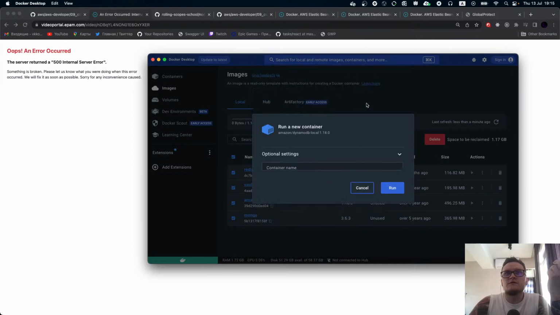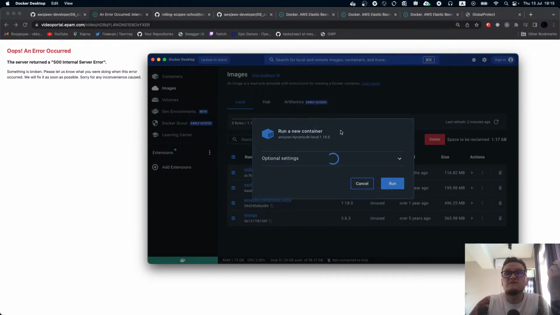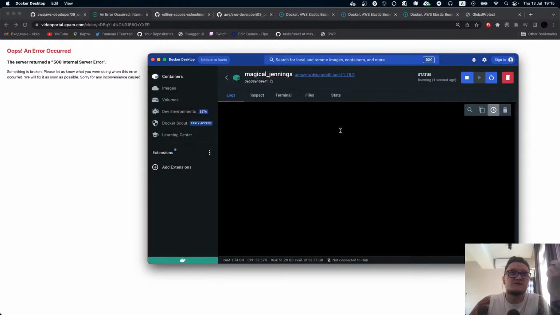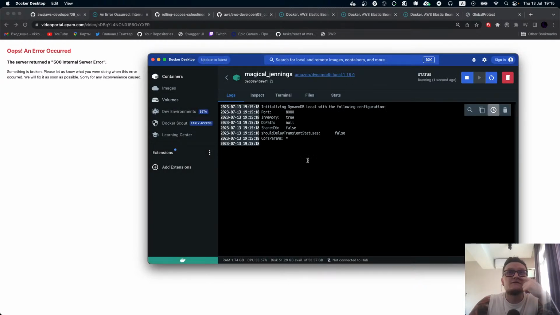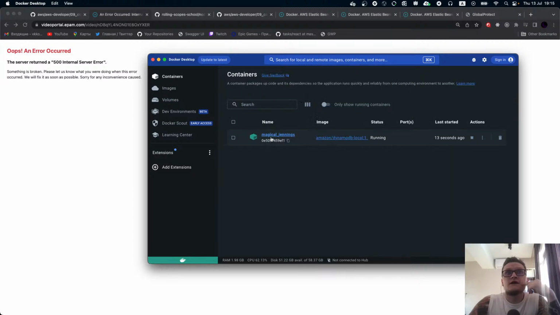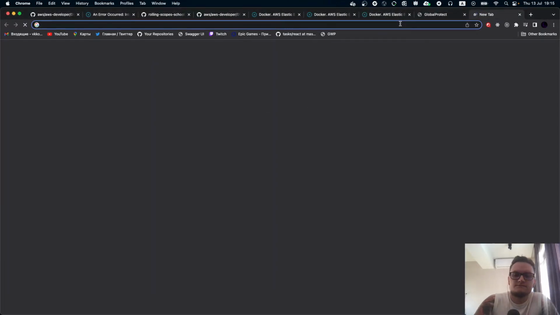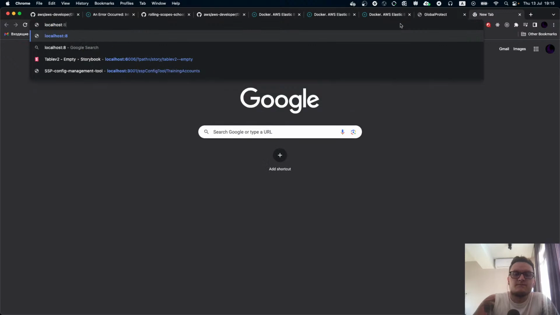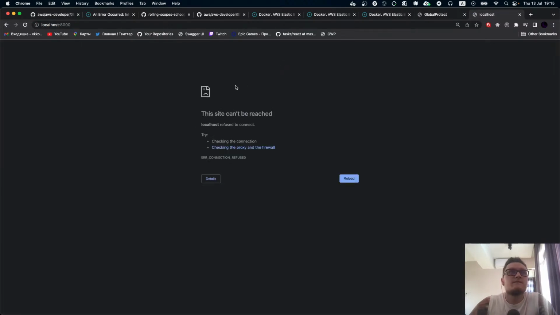So when I try and maybe run, it won't work as expected, but I can run this stuff. As you can see, we just initialize on port 8000. It is inside, doing its stuff, and as you can see, I have a container which is running on port 8000. So I do believe I can connect to this one on port 8000. Let me check. Yeah, I can't.